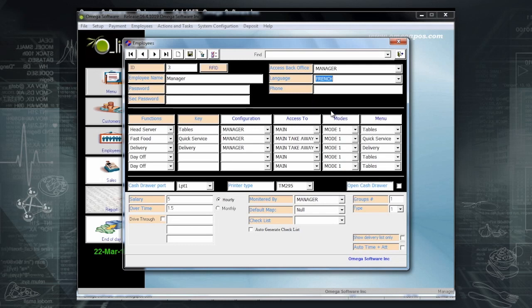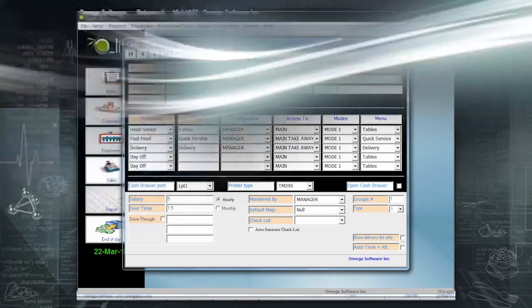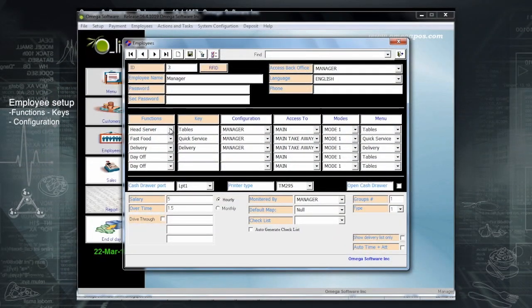For instance, if the French language is selected for an employee, each time this employee opens the POS, back office, or inventory, all buttons will be in French. If the selected language is English, all buttons will be in English. It is also possible to insert the phone number in the corresponding field. Under Functions, the employee's access to sections is determined. For example, Head Server, indicating that this employee can access the tables, and after opening and closing a table, his